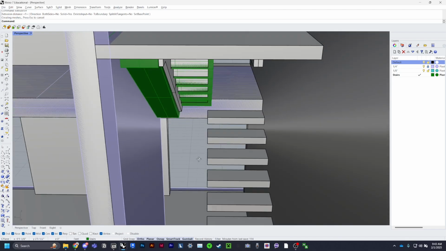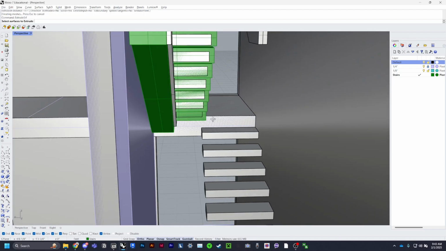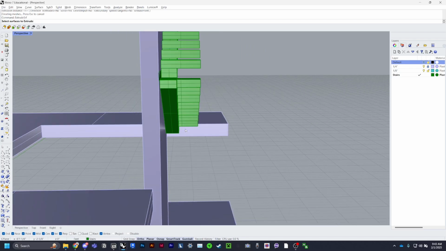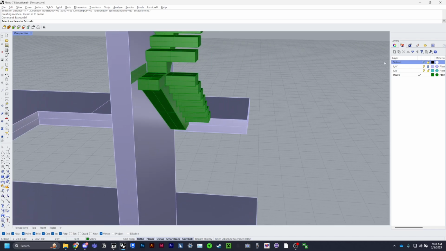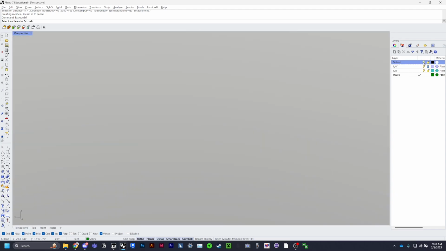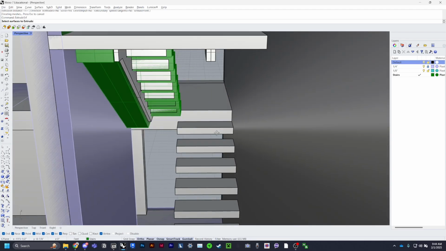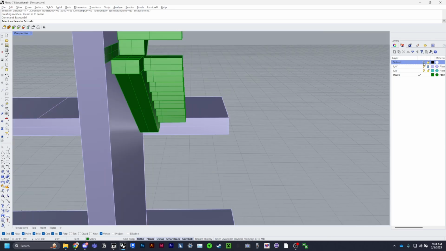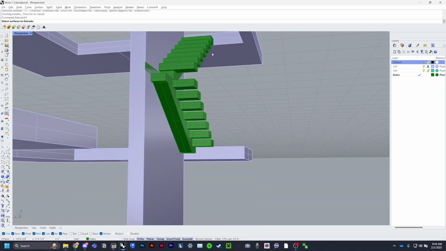So if I go up these steps, yeah, so I do want, no. Okay. So I want the top steps on this side, but in order to do that first,